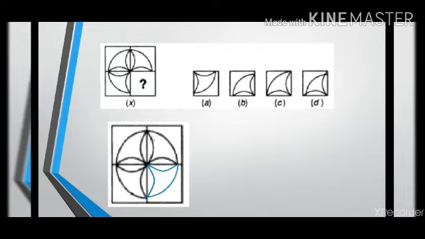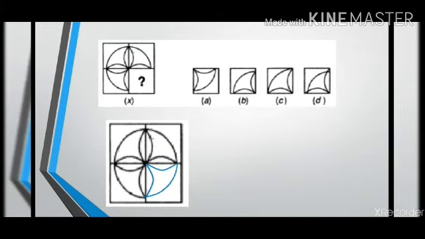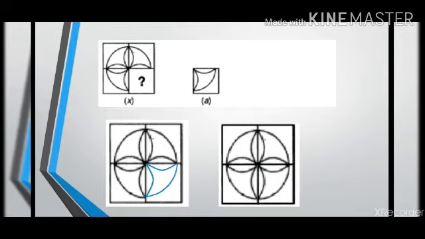Now sometimes you'll have to be very careful what the question is, what the pattern is. For example, in this question the arcs are not starting from the corners, they are just inside the corner. So I'll have to keep in mind what the pattern is. In this I have one single option, option A, as the answer, and it is the correct option. In option A also you have to be very sure that the arcs are not in the corner of the box, they are just inside the line. Therefore option A is the correct answer, and this is what the pattern will look like.